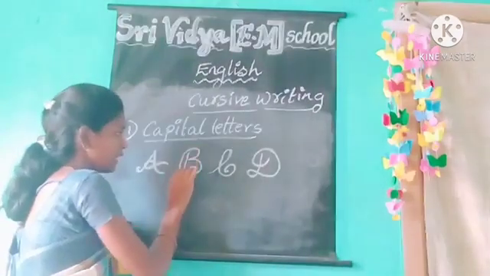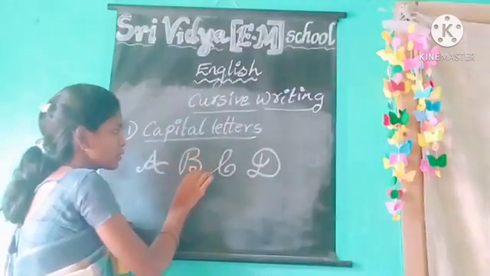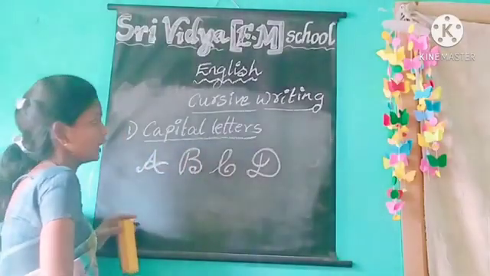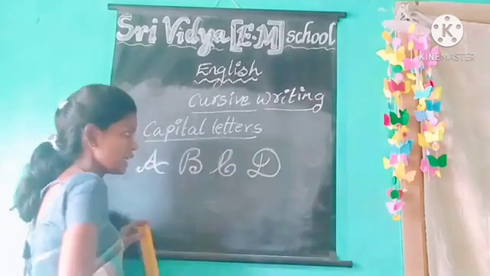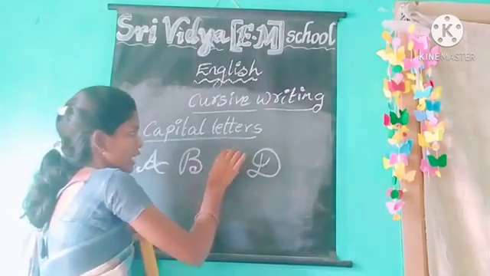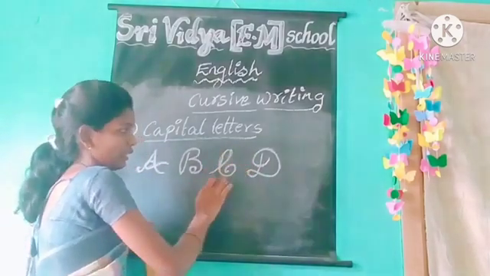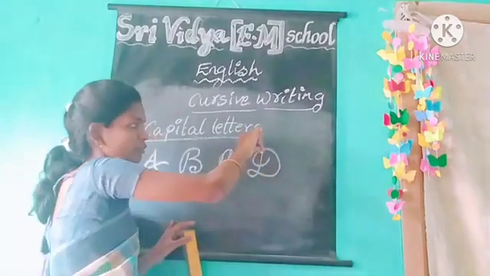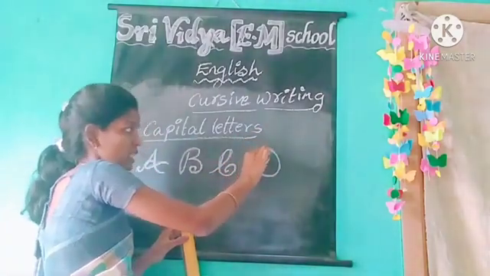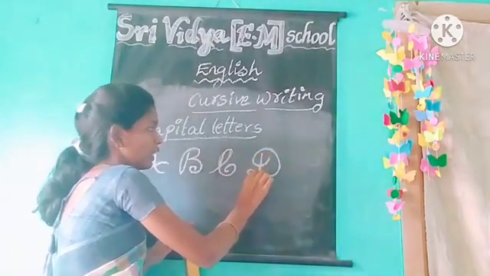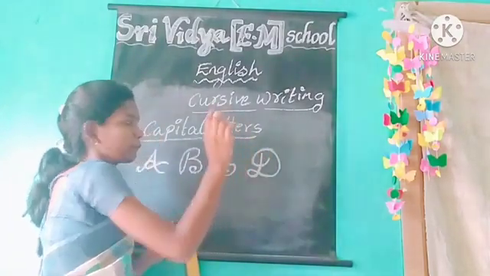Next, the letter B. B is also the same way, but it should be somewhat changed. Next, C అనేది ఈ point నుంచి start చేసుకుని, ఇక్కడ ఏం చేయాలి? Next, the D should be started from this tip. ఈ point నుంచి D should be started. అంటే D ఇక్కడ నుంచి start చేసి ఈ విధంగా D ని note చేయాలి.